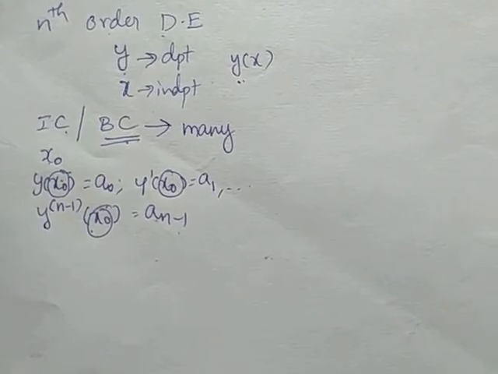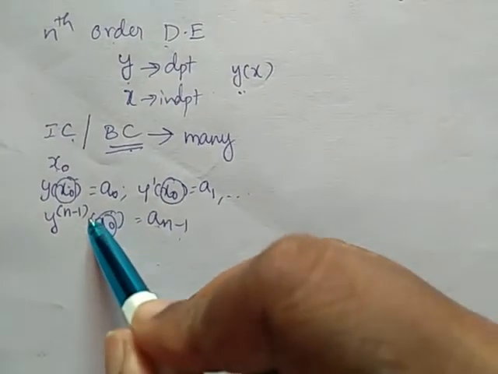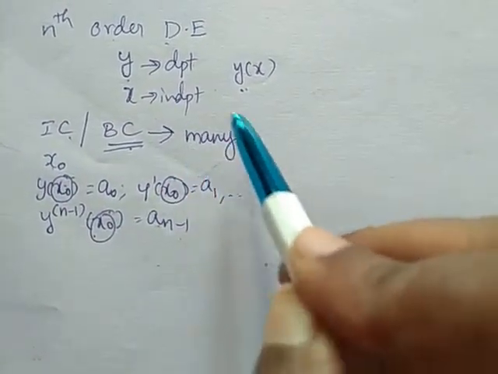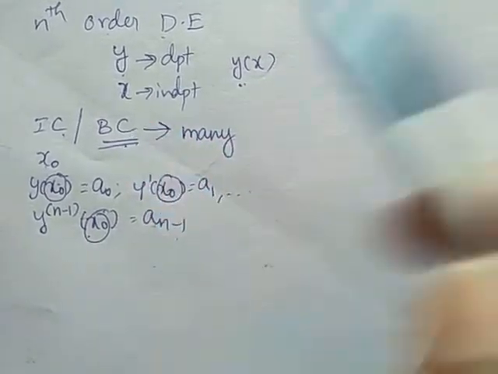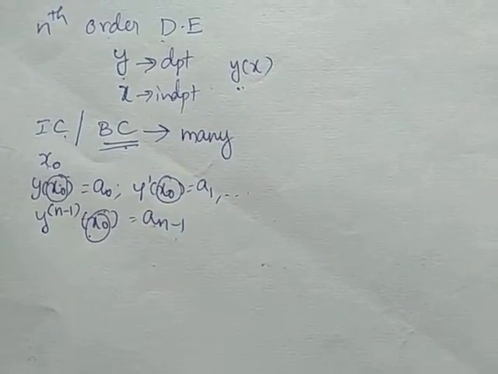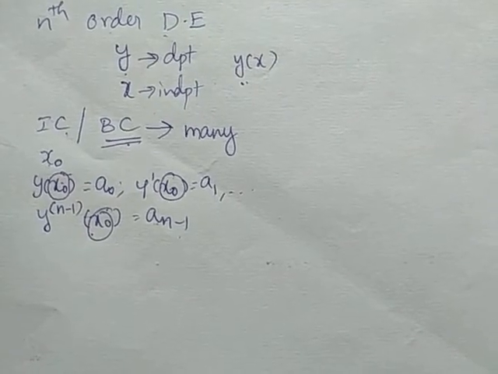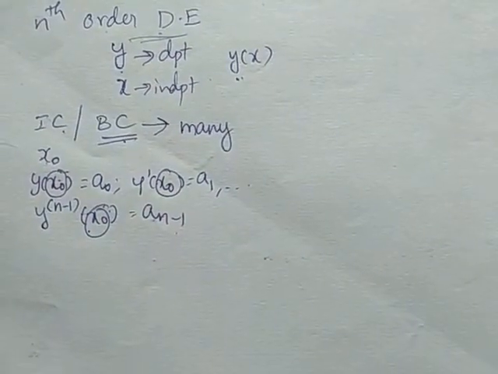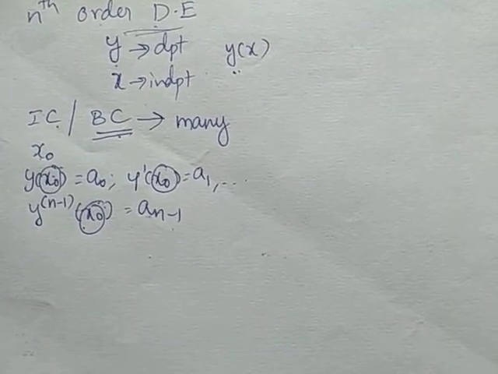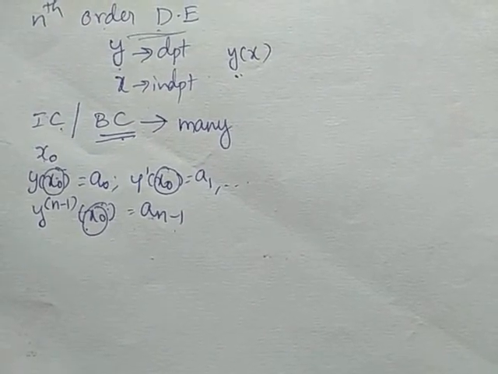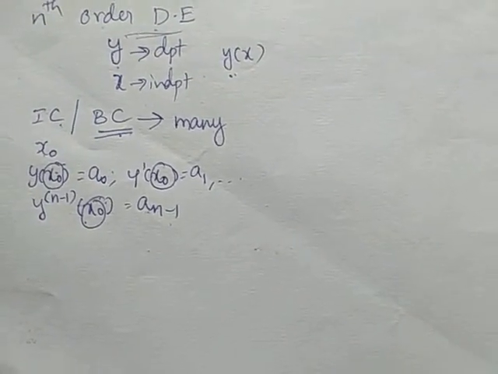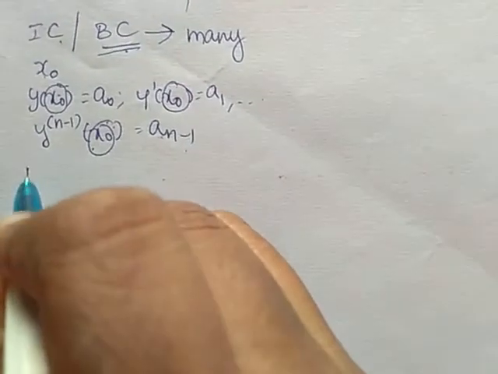So, to find the general solution of an nth order differential equation, we have initial conditions or boundary conditions. If we have initial conditions, then we say it is an initial value problem. If we have conditions defined at more than one place, then we call it a boundary value problem. If the solution exists for the nth order differential equation, then using the initial value problem and boundary value problem, it provides two types of analysis. We can analyze the problem in two different ways.